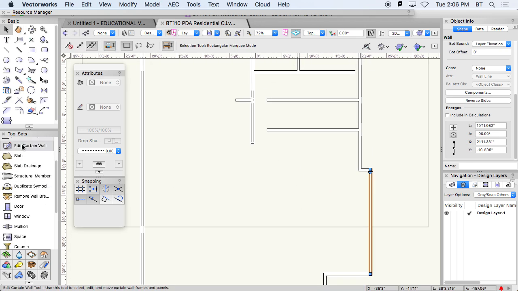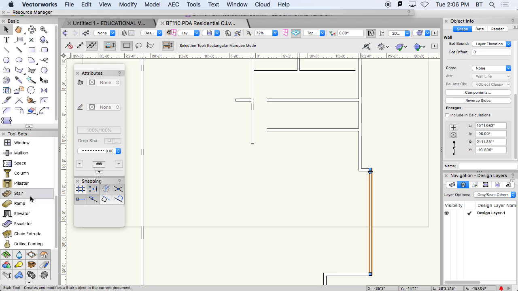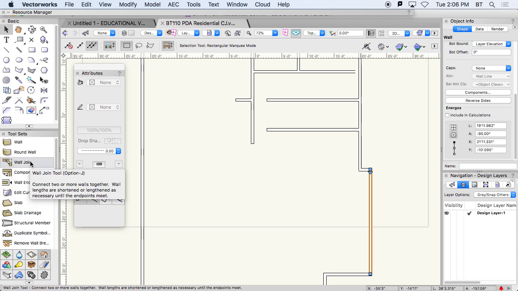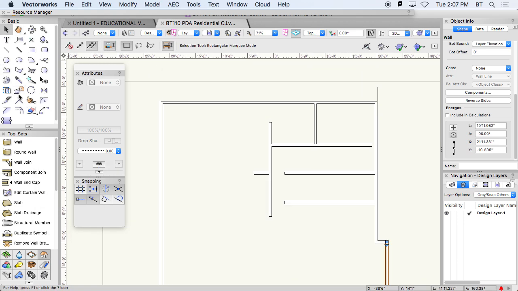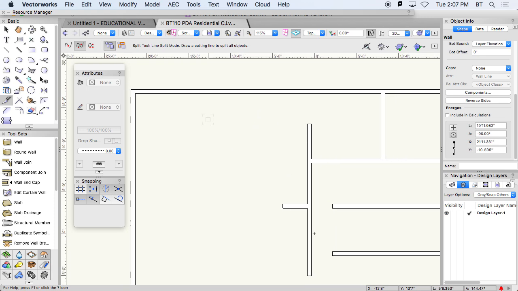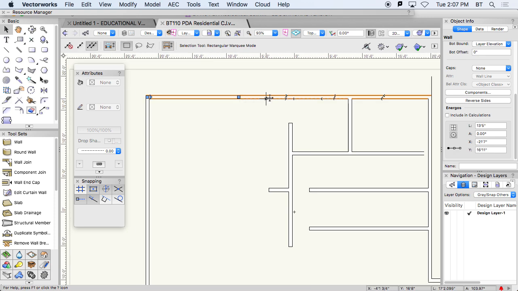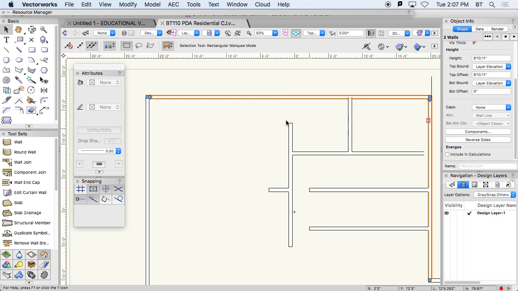The wall join tool that we just went over only joins walls that are perpendicular. So you can't join walls that are parallel, they need to be the same wall. So for instance, if I accidentally have two walls instead of one, so here I can see that I've done two walls instead of one, I can just delete a section, multiple select the walls, command join, and I have that full length